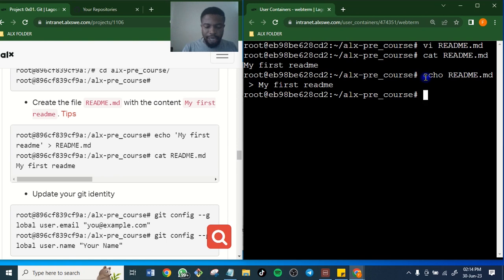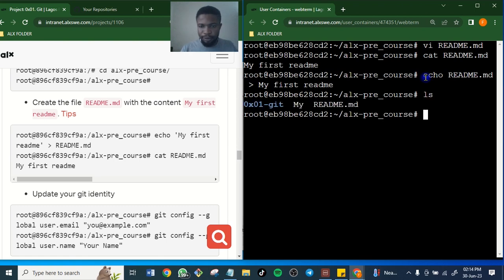Let's check what we have here. ls. So you see now, we have readme, we have my.